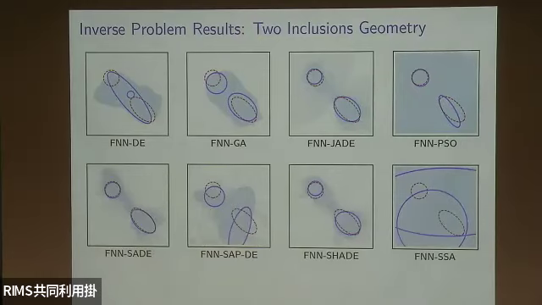Here, of course, as the complexity of the problem increases, it becomes more difficult for other algorithms. As you can see, with SHADE, the best solution, the blue one, is quite good, and also with SAVE. But the standard DE did not fare well, and neither did GA. For PSO, although the best solution fits quite well, the other solutions almost cover the whole space, especially for surrogate optimization.